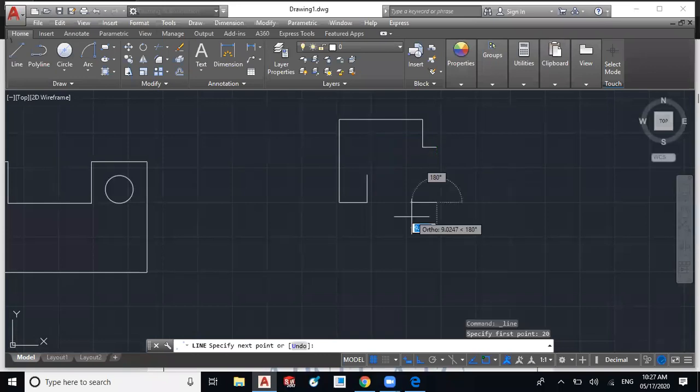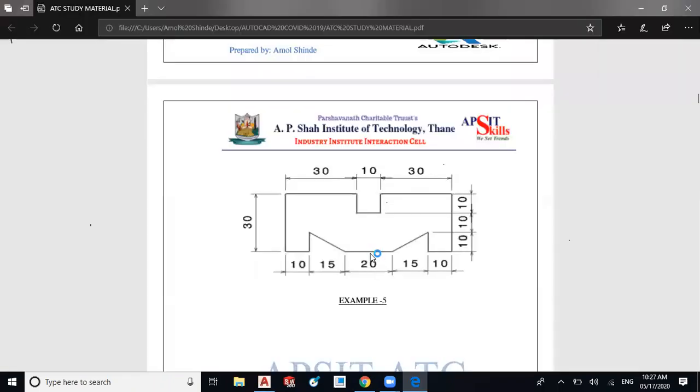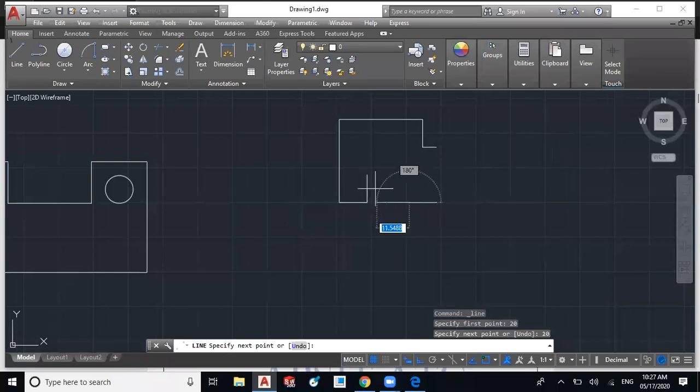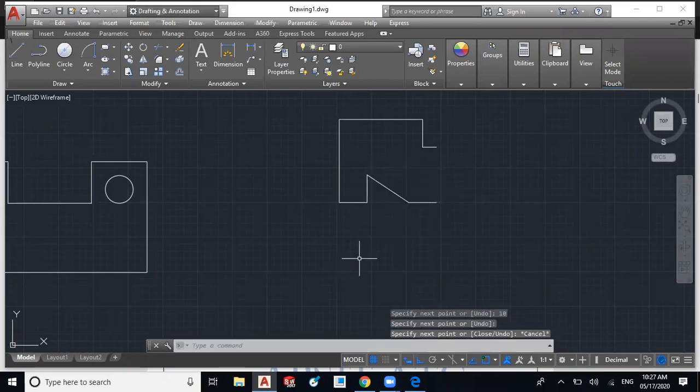So I will track that point and drag down and specify a 20 mm distance, and we have to draw the horizontal line of 10 mm. The midpoint is at this point, so from this towards the left is 10 mm. So I have to specify 10 mm, and the inclined line we have to connect. So we have created this half portion.